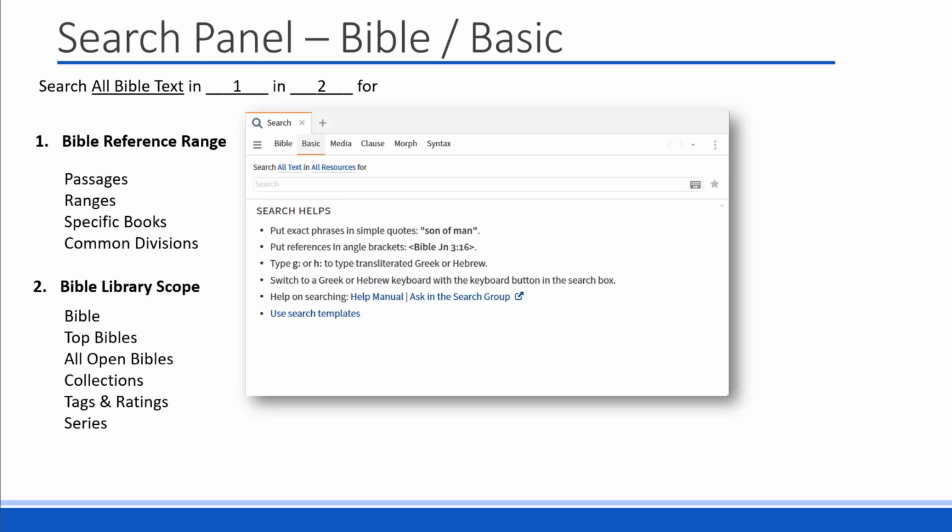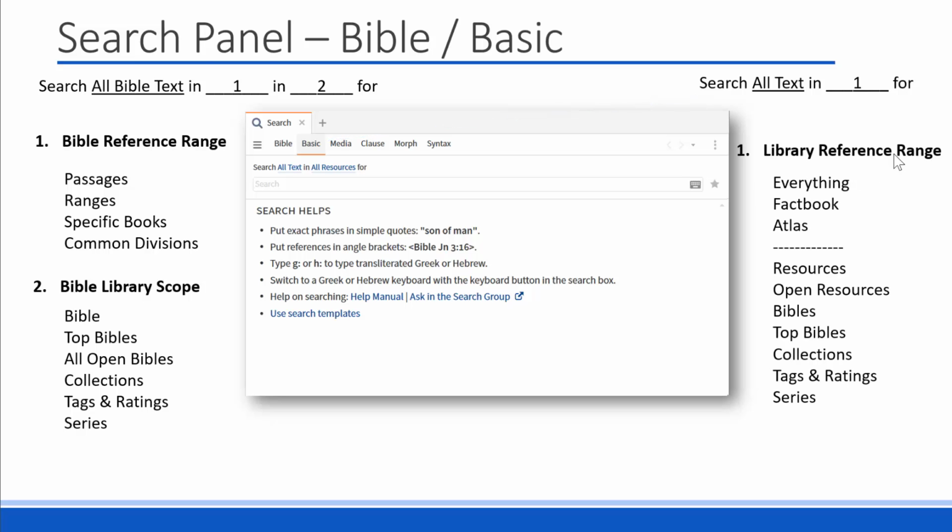Now we'll jump over to the basics section. And that's a little bit different because it's not focused on the Bible, but everything else in your library. In this case, it's going to default to an all text option, and then the ability to look at items associated with a library reference range. Much like the Bible library scope here, the library reference range could be everything in your library or within the